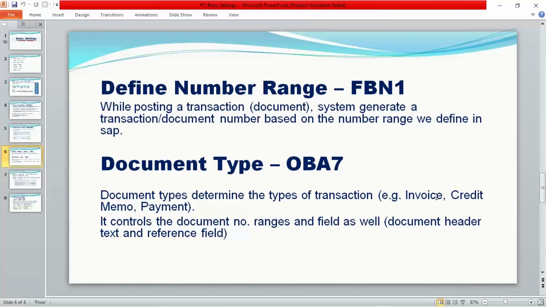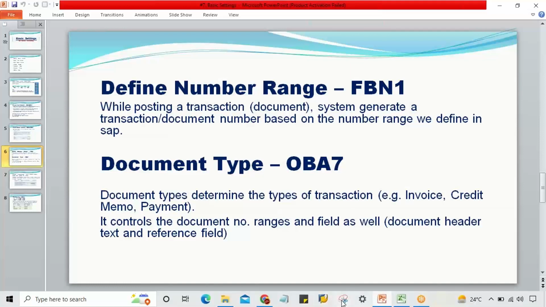Now the next one is, it controls the document number ranges. It controls the document number ranges. I'll tell you how it controls the document number ranges, guys. Generally, here,